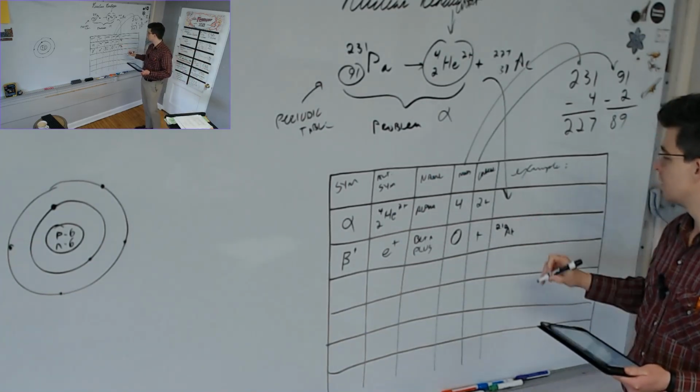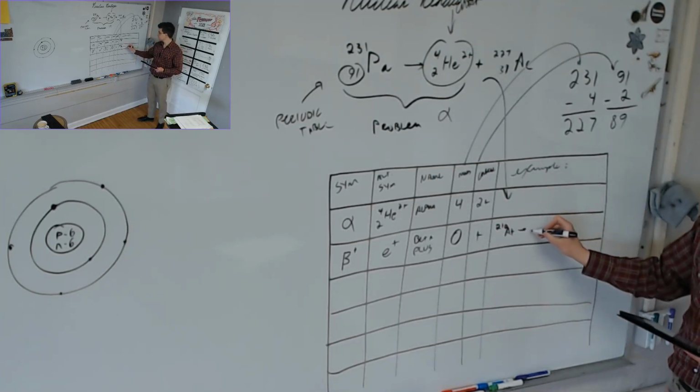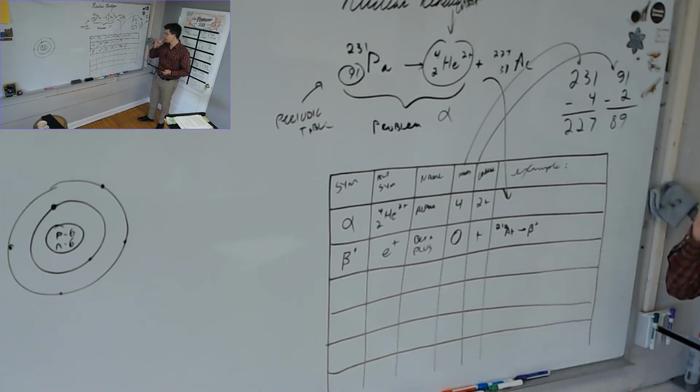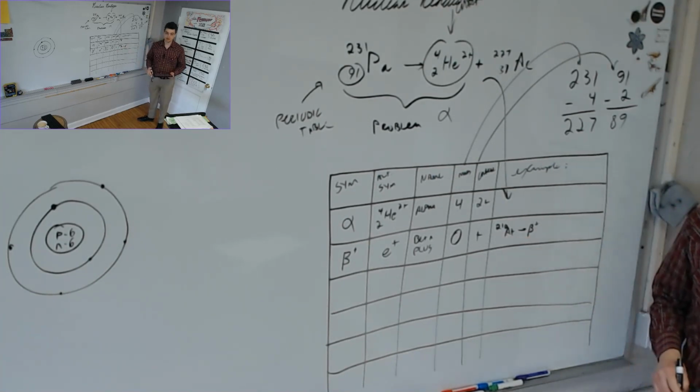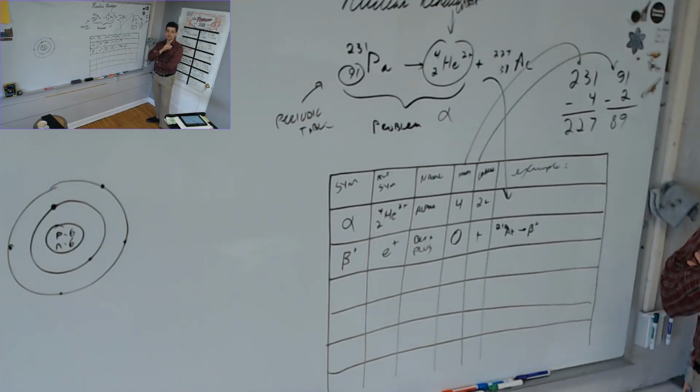astatine-210 undergoes beta plus decay. Astatine-210 undergoes beta plus decay. So what's left over? Well, let's think about this. How will the mass of our new thing,